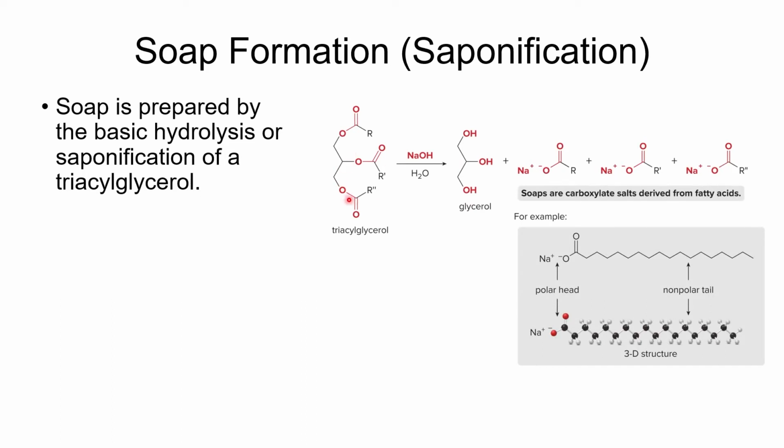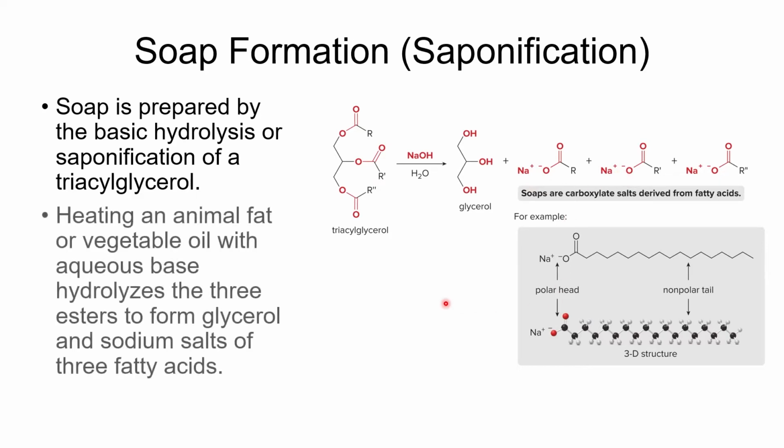All right. Now we want to look at saponification. If we have an oil, so here is an oil that we could get again from vegetable or from animal fat. We can hydrolyze it with sodium hydroxide to give glycerol. And instead of getting the fatty acids, we're going to get the conjugate bases of those fatty acids. And these are soap molecules. All right, so again, heating the animal fat with vegetable oil and aqueous base, it hydrolyzes it, and we get